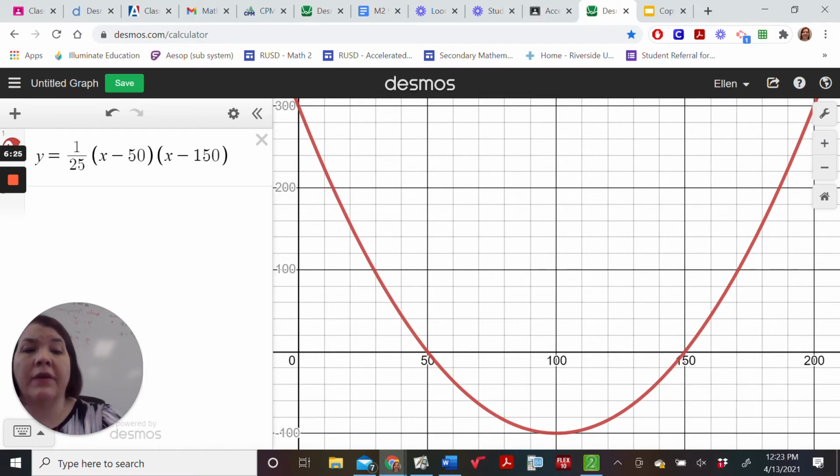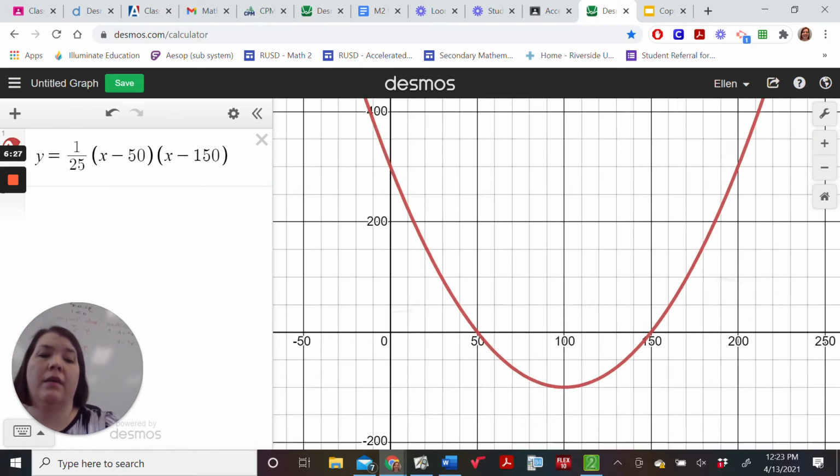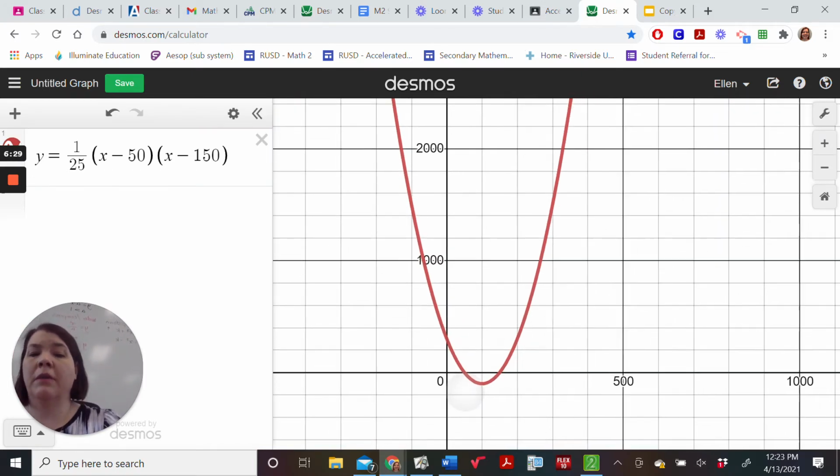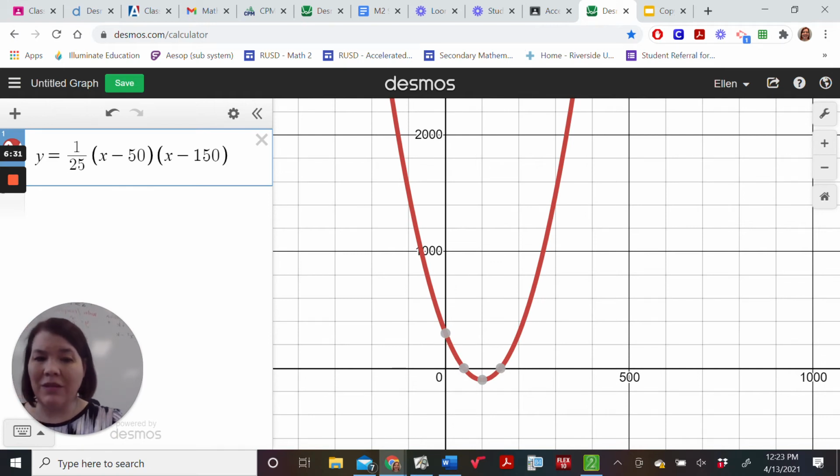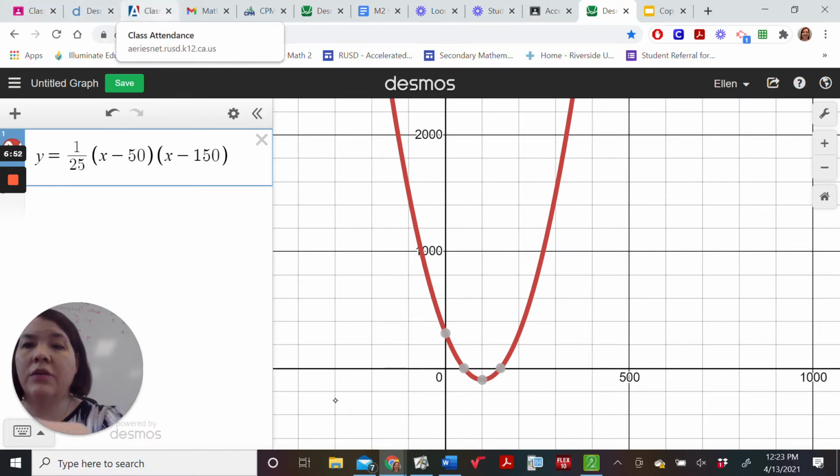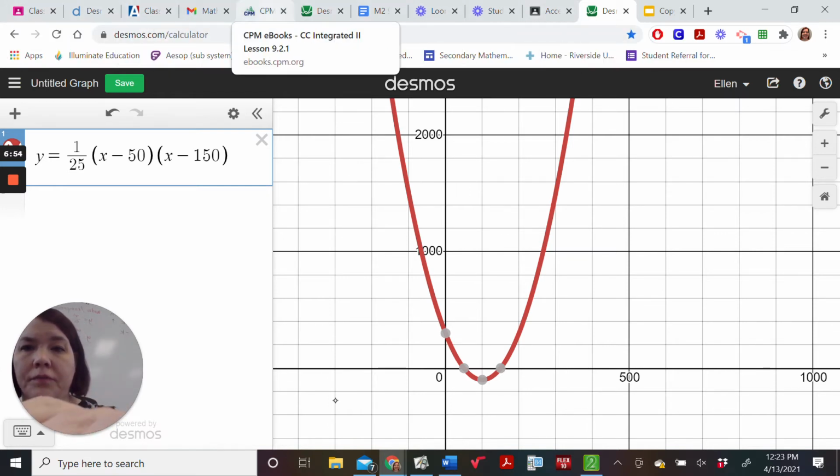So keep in mind that if I take this graph, it goes forever because that's what it does, but it's not reasonable to be on the graph till x is 500 because look how high up I'd be. I'm way above 2,000. I'm not going to be 2,000 feet above the ground in a roller coaster. That doesn't make sense. So it's important that we consider what we're dealing with here and what makes sense and what doesn't. So getting back to our equation,